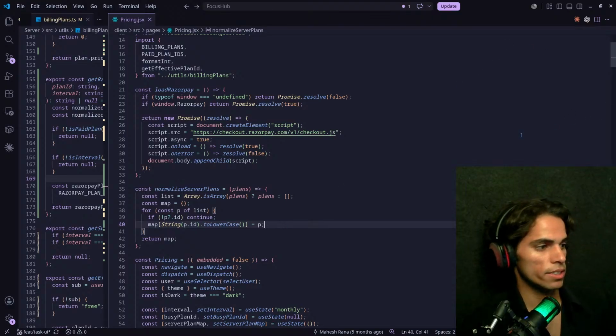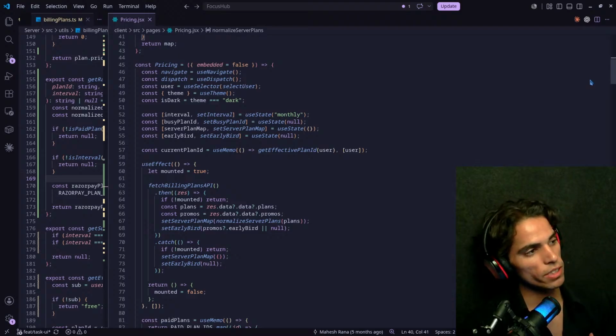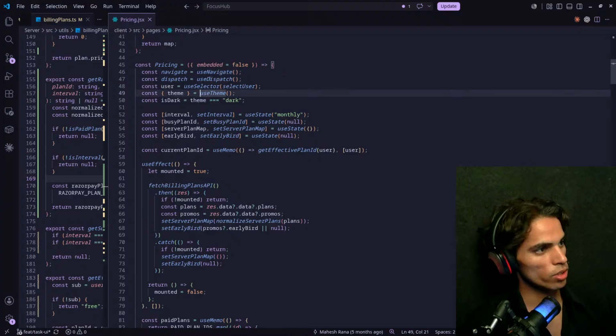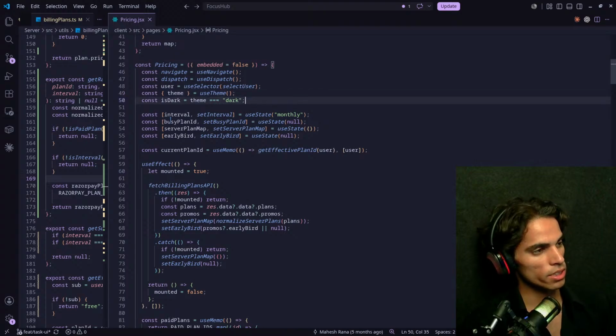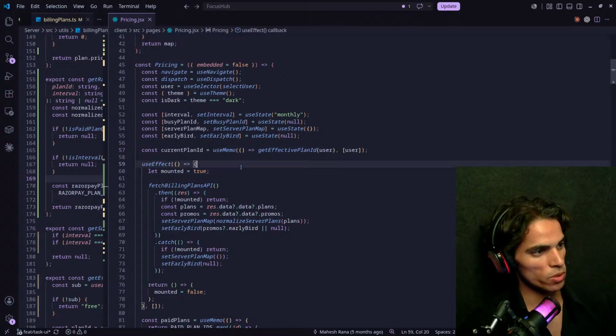Okay, plans. Then what we are doing in Pricing: embedded false, navigate, useNavigation, and then you have dispatch and useSelector, theme useTheme, isDark is equal to theme dark. Then we have interval, busy plan id, and server plan map, and early word current plan id. We are going to use memo here, getEffectivePlanId, then